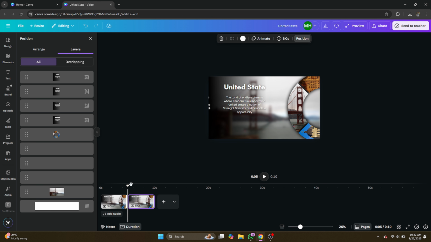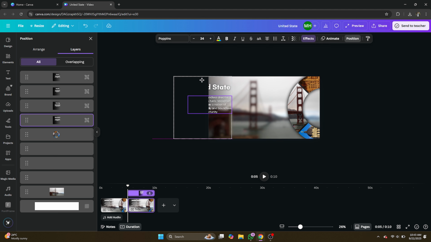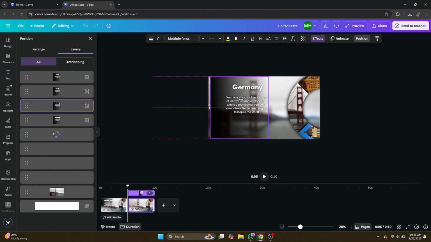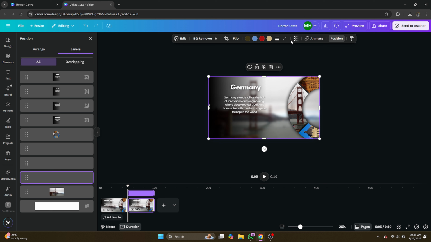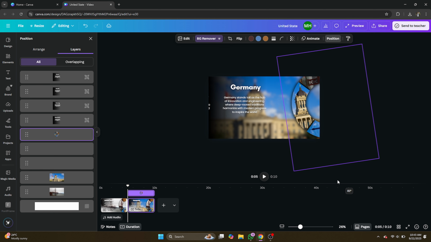Then duplicate the page, bring in the second text, rotate the circle,